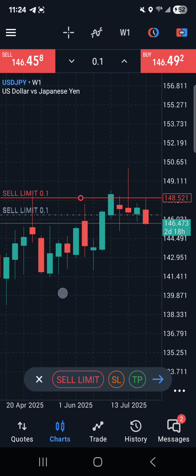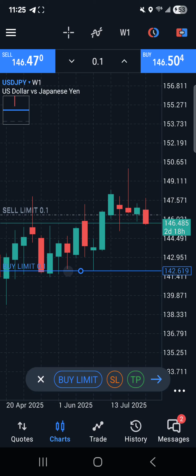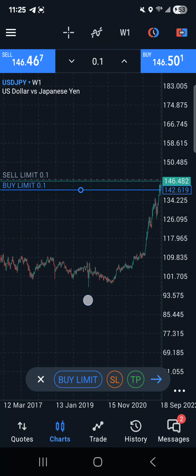So once we are seeing rejections and then we are seeing an engulfing bearish candlestick, then that is a sign that we have a high probability of trading bearish. So another thing is that